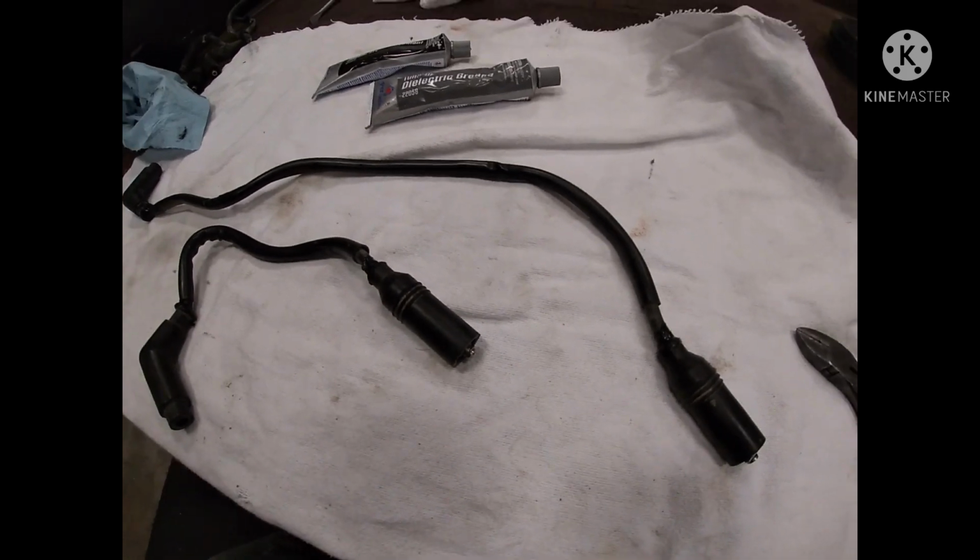So I'm hoping that between the dielectric grease and the Permatex black silicone stuff there, it'll create a seal, is what we're hoping. But that is something we're going to keep a close eye on also, and we'll probably put that in our maintenance to where maybe every 6 races we just change them, and then that way we don't have an issue